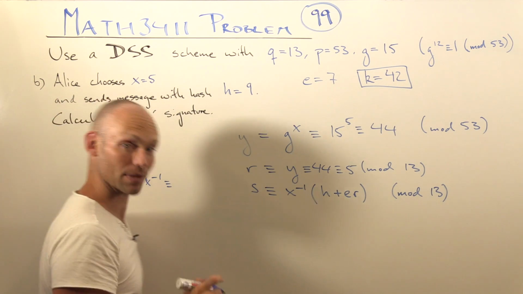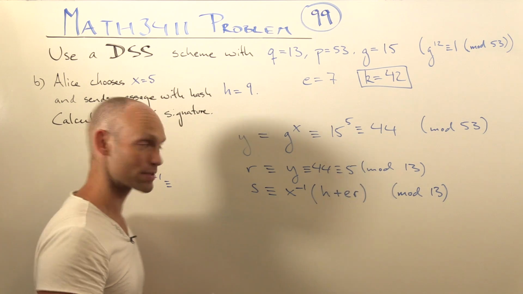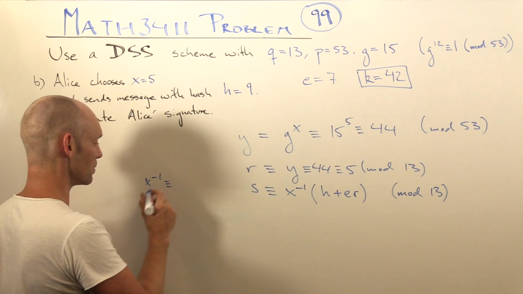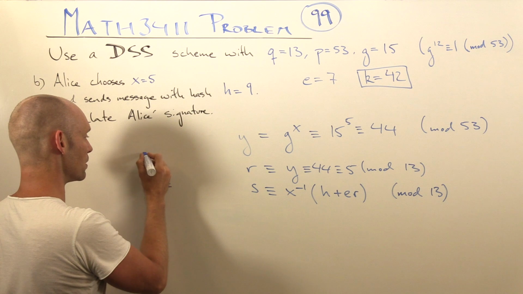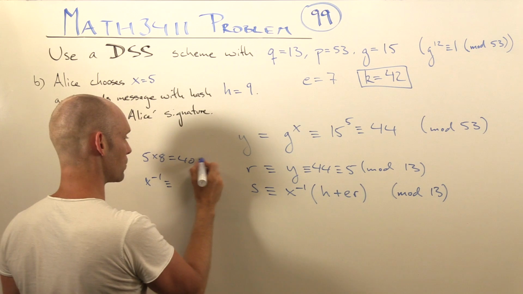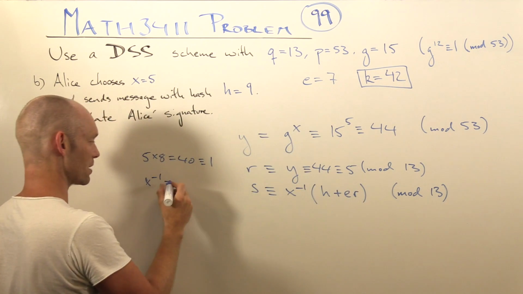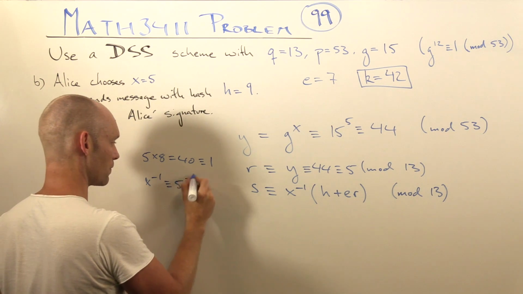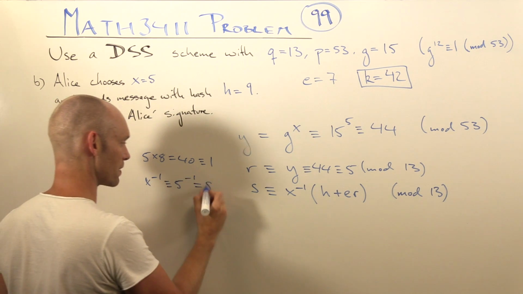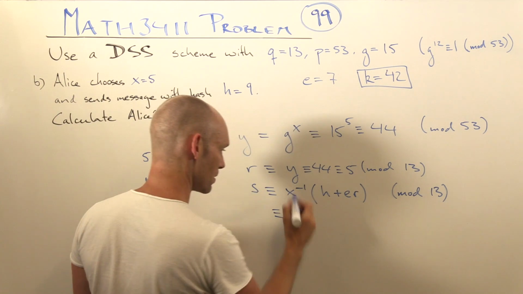And that's luckily not too hard to do. We could use the Euclidean algorithm forwards and backwards. But if you notice that 5 times 8 is 40, which of course is just 1 mod 13, then we find that x, or in other words 5, the inverse of that is in fact 8. So that's not too hard. So we have that x inverse is 8,